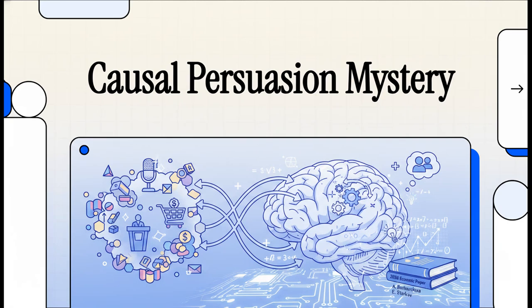Okay, so we live in a world absolutely swimming in data. But let's be real. Raw data almost never moves people. It's the stories we tell about that data, specifically those cause and effect stories, that actually change minds. Today, we're jumping right into this explainer to unpack a fascinating 2026 economic paper by Anastasia Berkovskaya and Igor Starkov.